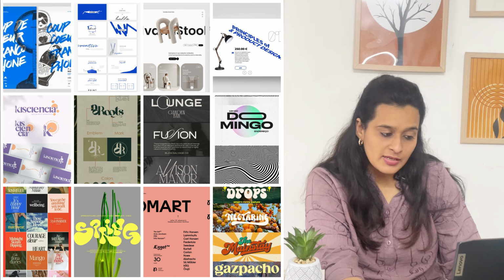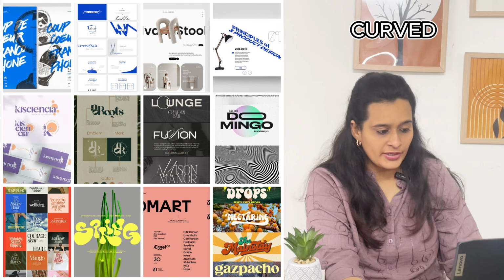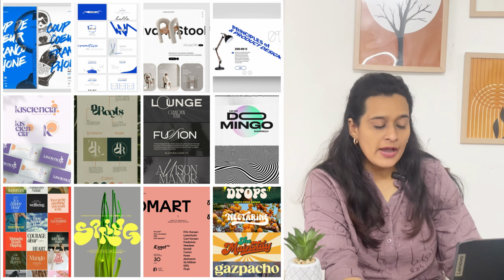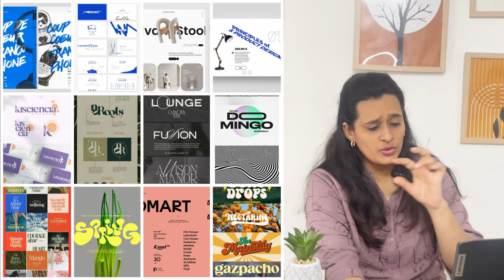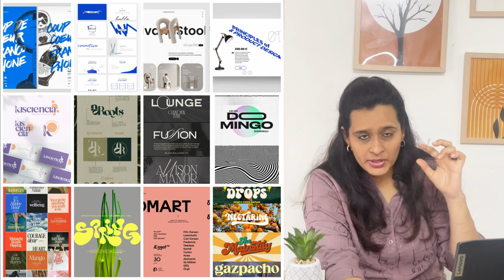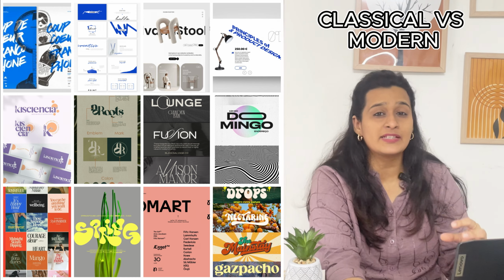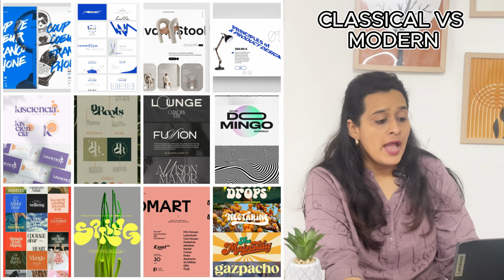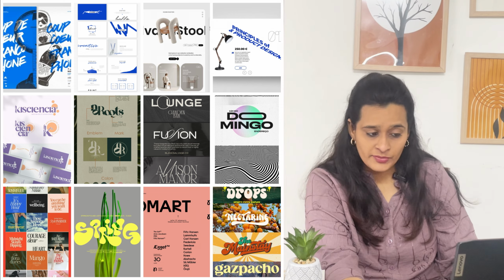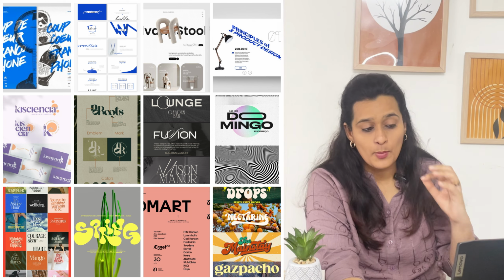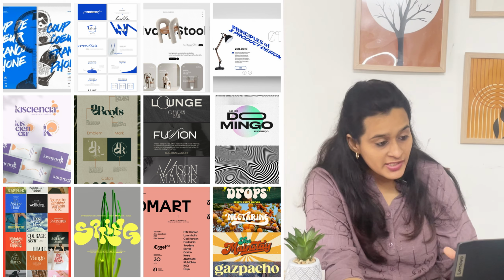So if you see something like this, a curvy kind of font, and then we have fonts wherein a few letters are written, but in between there is suddenly something very classical coming in. So this is like a mix of modern and classical. And in this, if you see, the U is popping out. Here the O is popping out.